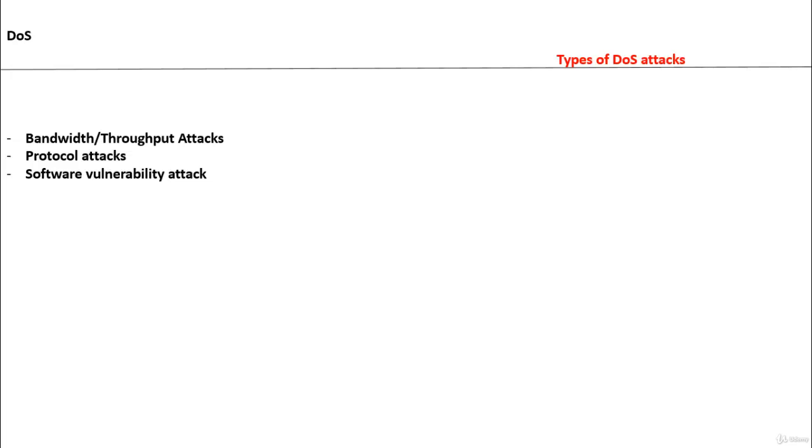Smurf is an asymmetric reflector attack that targets a vulnerable network broadcast address with ICMP echo request packets and spoofs the source of the